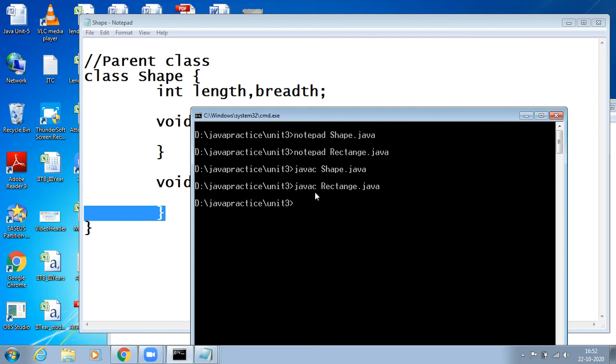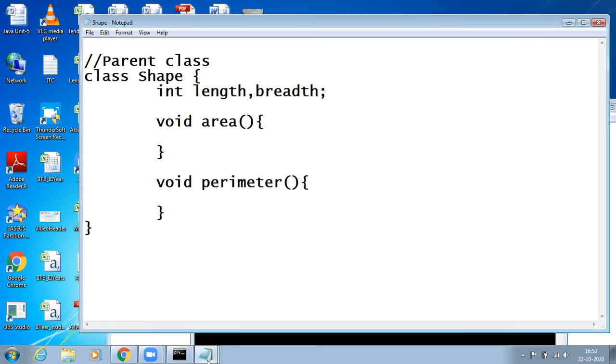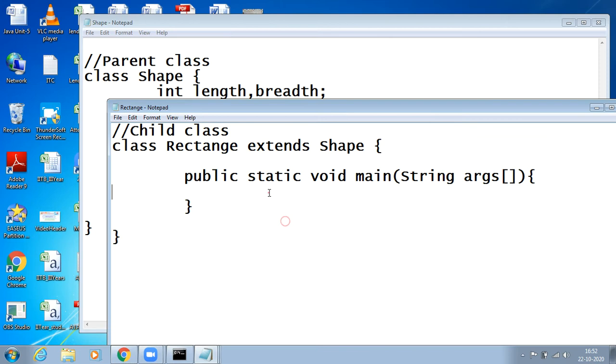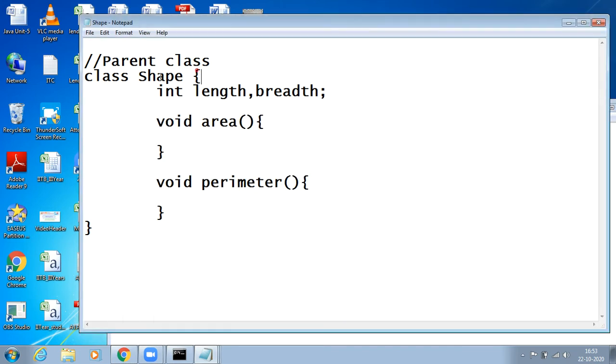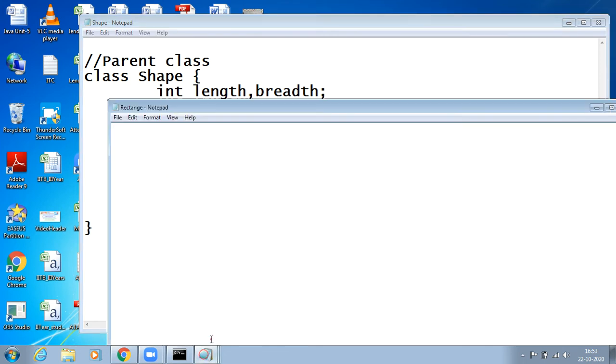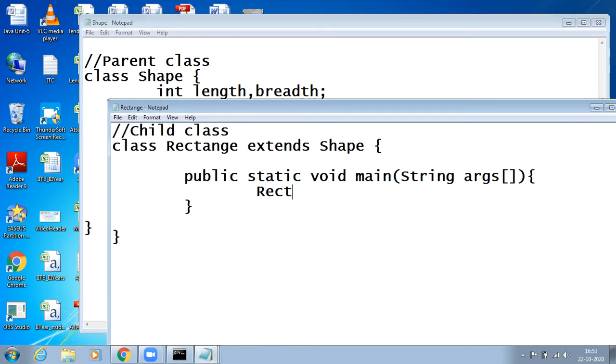See, these two are compiled, and now inside Rectangle I can access my Shape class. To access Shape directly, I can say Rectangle r equals new Rectangle.